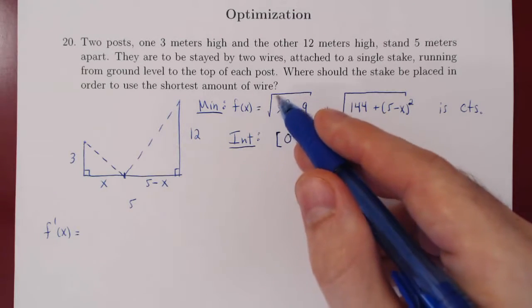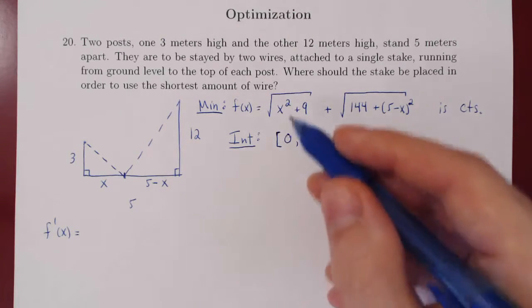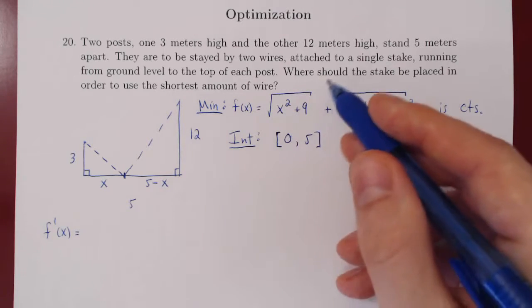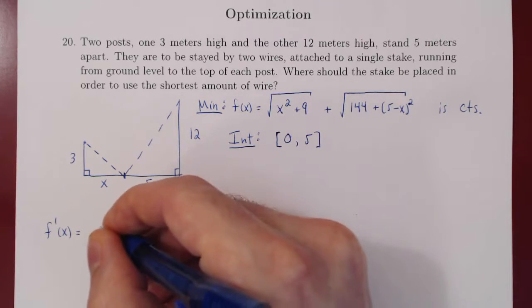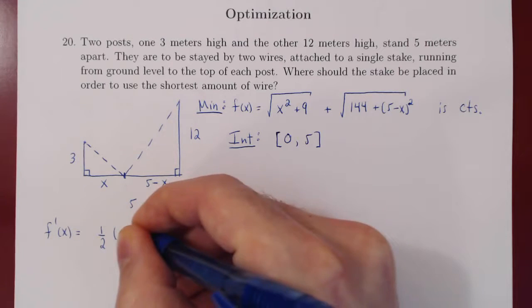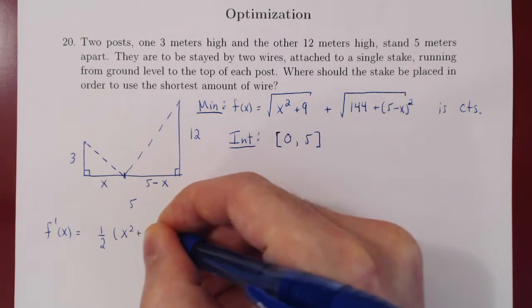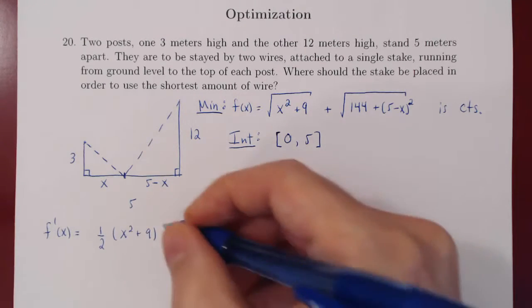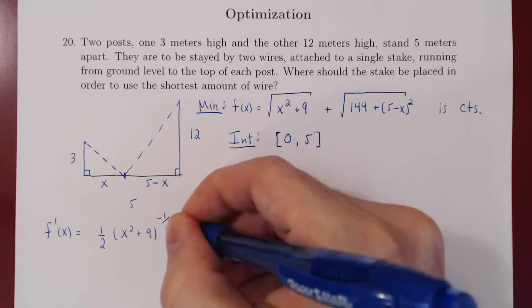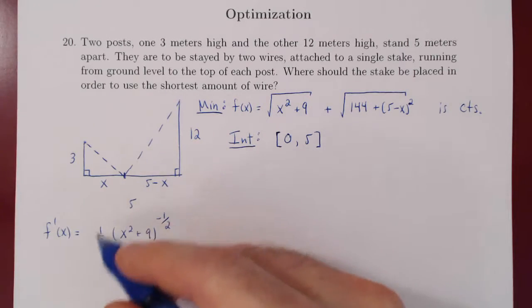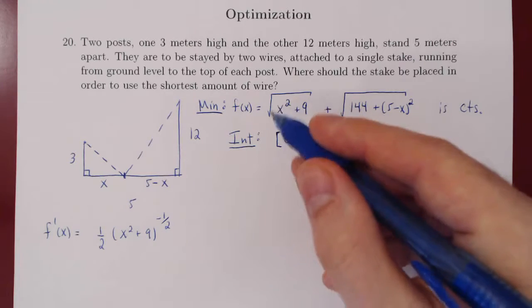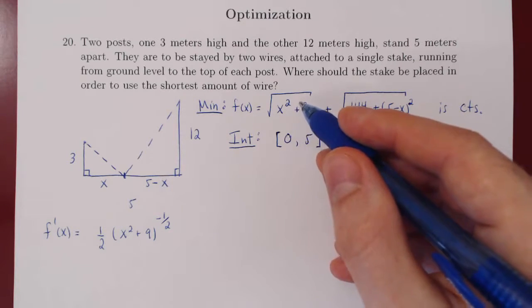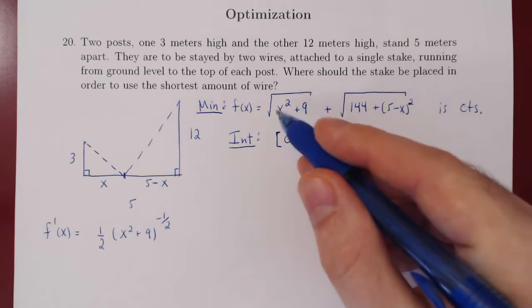Think of this as a power of 1/2. So we use the chain rule and differentiate the power of 1/2. And so we get 1/2 times x squared plus 9 to the 1/2 minus 1, so negative 1/2. But that's just the derivative of the square root, times, by the chain rule, the derivative of the argument, which is 2x,